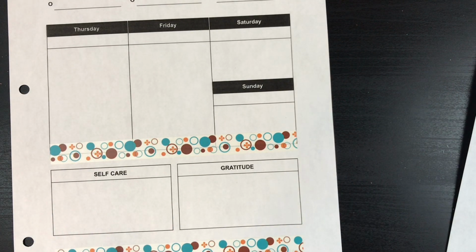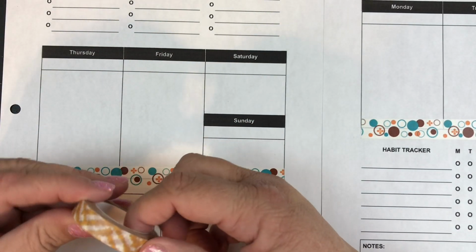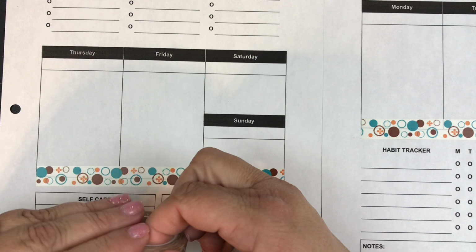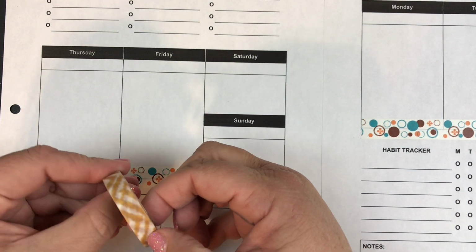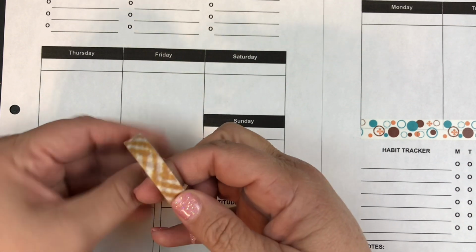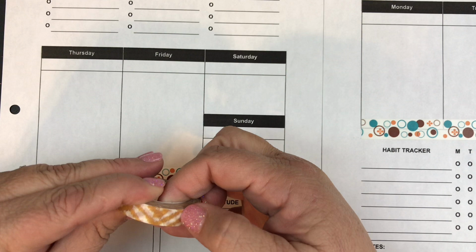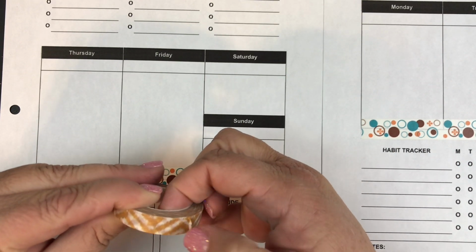I'm already loving it. I don't even know if I need this one, but it's so pretty. I think I am going to do it right down at the bottom because, I mean, you can't go wrong, right, with the Planner Society. I feel like it wants to be right here. That's the hard, oh, here it is. The hard part's always finding the edge. So,